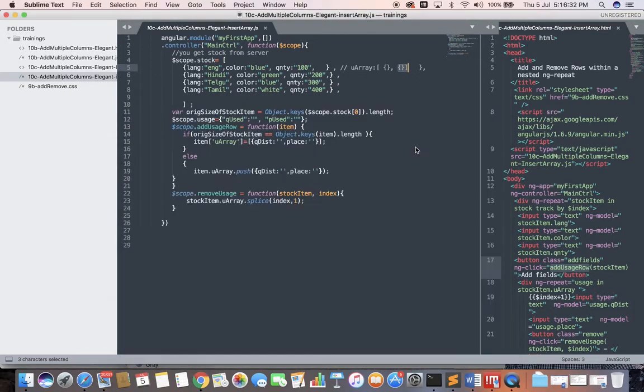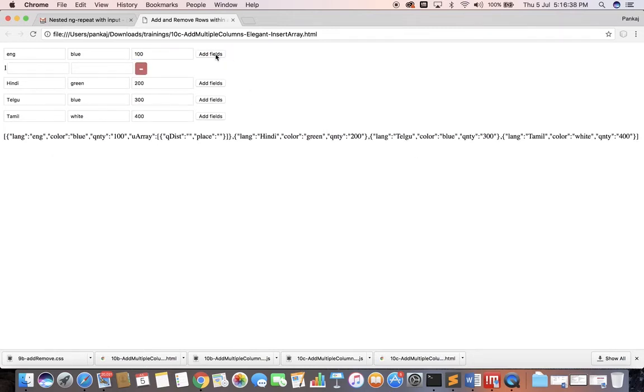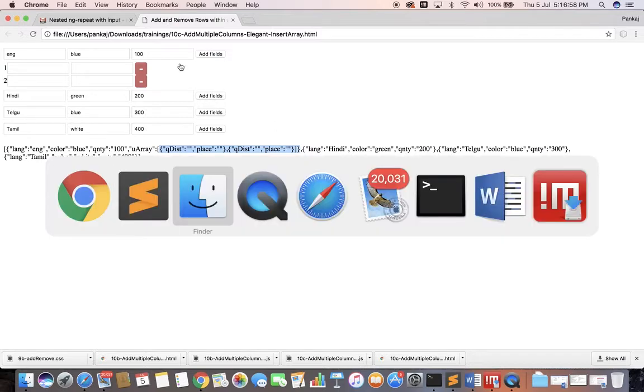Here I click on add fields and it created an array. You can see that it created an array here. And yeah, that's an array. And then if I click on add again, within the same array, I'm getting the object. So this is the requirement. Going back to the code now,